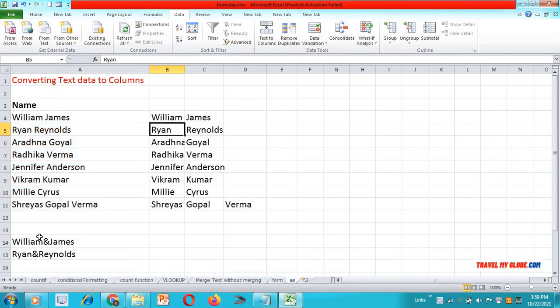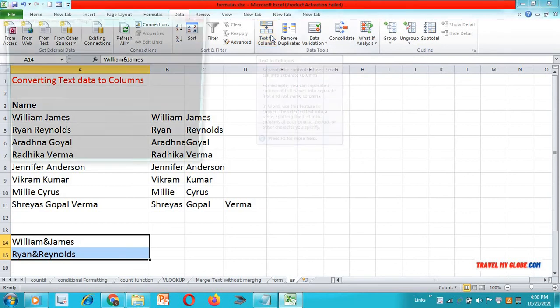Sometimes there are different types of separators. Like in rows 14 and 15, you can see there is an ampersand sign. You can also change this text data to columns. Use the Data tab.